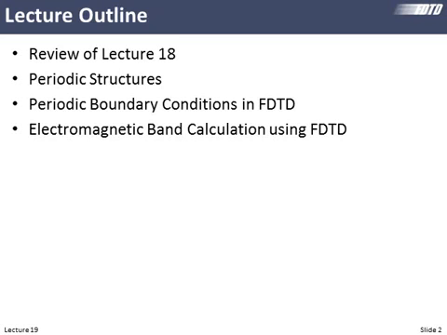And what we'll find is the field in a periodic structure is also periodic, so it becomes redundant then to have 1,000 unit cells in our memory. Why not just one? Because we really have the same answer in each unit cell. However, incorporating those periodic boundary conditions in finite difference time domain gets interesting, and there's some points to this that we need to discuss. And we'll end with how to calculate electromagnetic band diagrams using finite difference time domain, and